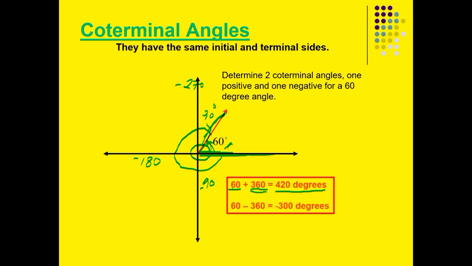Or in such a way, 60 minus 360 is equal to negative 300 degrees. So since the inner portion is 60, what is remaining on the outer portion is 300. Then take note that our rotation is in the clockwise direction, so the answer must be negative 300 instead of positive 300 degrees.